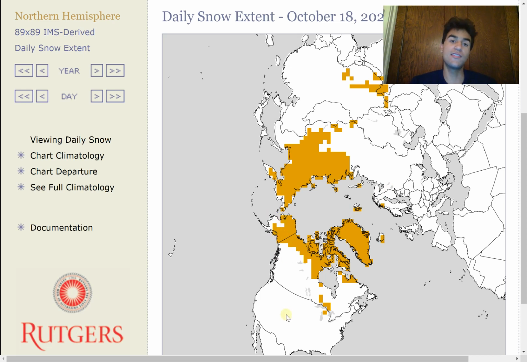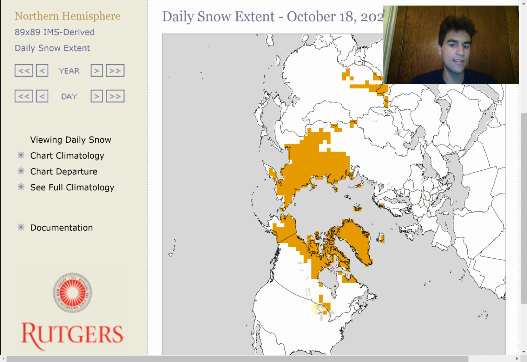So when there's a larger amount of snow cover extent throughout the Northern Hemisphere, it's typically a lot colder, and we're more bound to see snowfall earlier for a large portion of the United States. So based on this fact that we're seeing an extensive amount of snow cover relative to other years, then I'd say we're more likely to experience snowfall a little bit earlier for a large portion of the United States, as